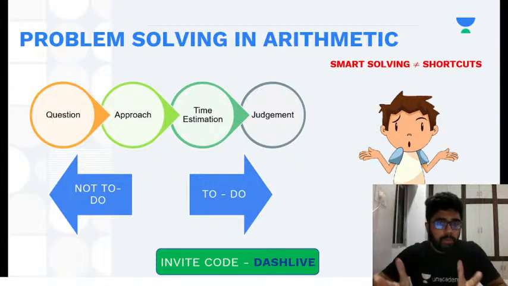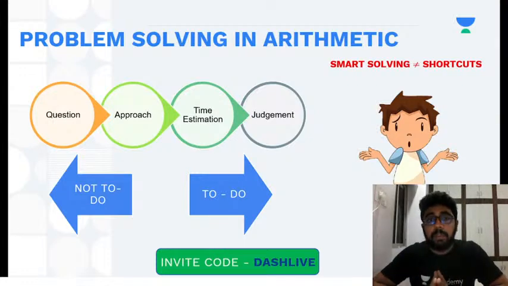And also, people find arithmetic a bit easier compared to other areas because of the amount of exposure you have. Everyone is kind of comfortable with arithmetic. I'm not saying the number of questions you can solve, but somehow you don't find the chapters that critical.